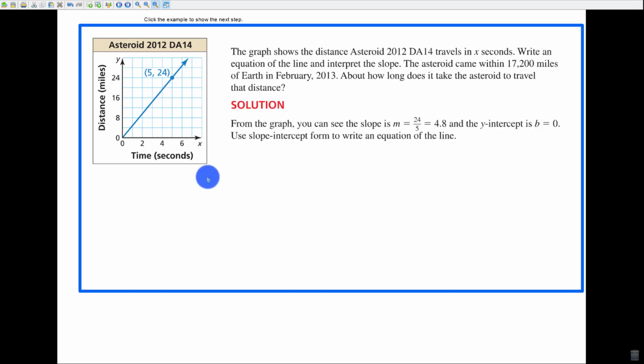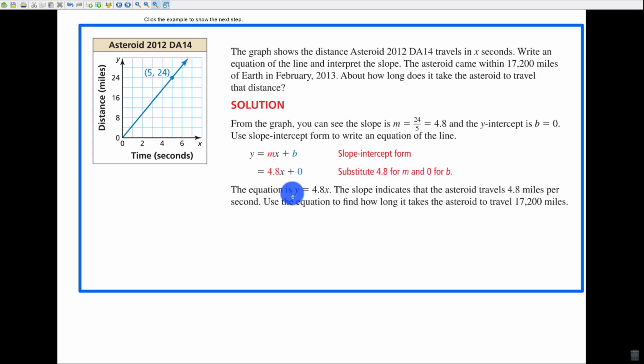So the first thing you should do is y sub 2, 24, minus 0, which would be 24, over x sub 2, which is 5, minus 0, which would be 5. So this is my slope, and my intercept is 0. So we could plug it into the y equals mx plus b form, slope, intercept. So the final equation is y equals 4.8x,